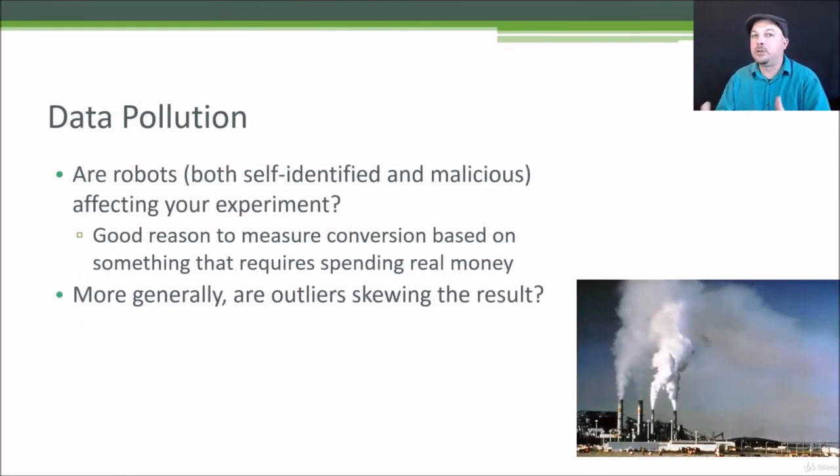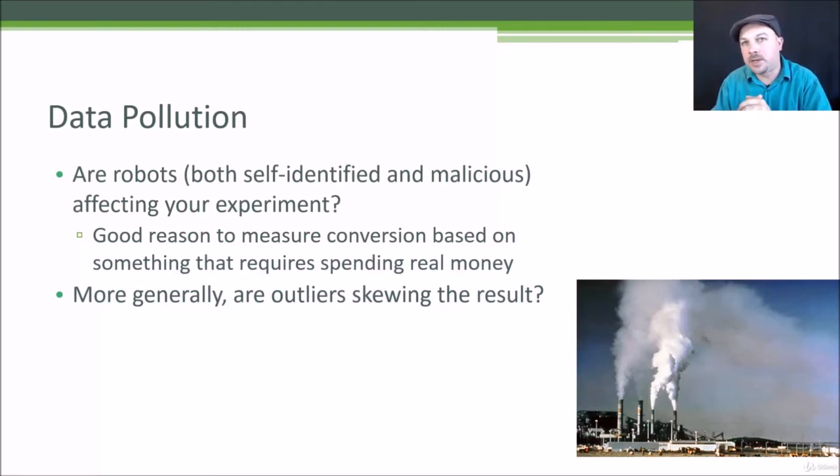Another big problem is data pollution. So we talked at length about the importance of cleaning your input data, and it's especially important in the context of an A/B test. What would happen if you have some robot, some malicious crawler that's crawling through your website all the time, doing some unnatural amount of transactions, and that robot ends up getting assigned to either the treatment or the control? That one person, that one robot, not even a person, could skew the results of your experiment.